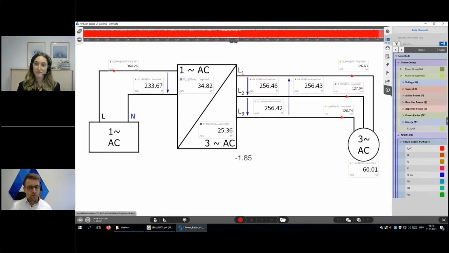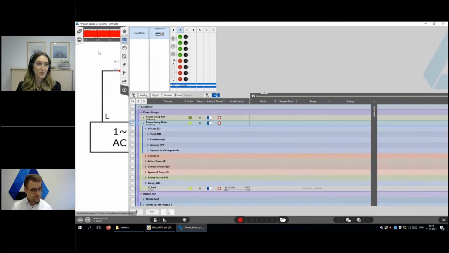So how do we calculate the efficiency? How do we connect those two power groups? How do we calculate the efficiency of the converter, for example? So that is also not that much work. So we just open the